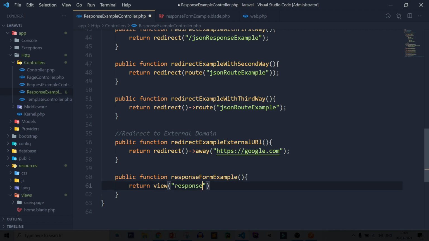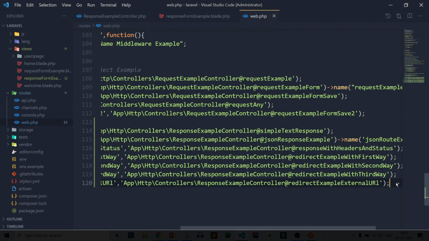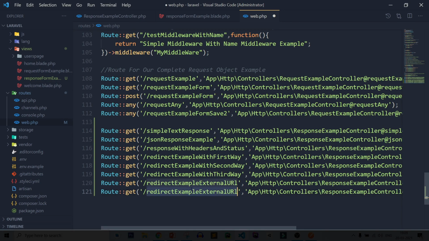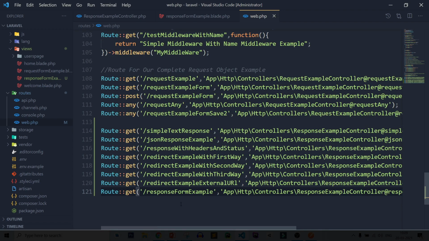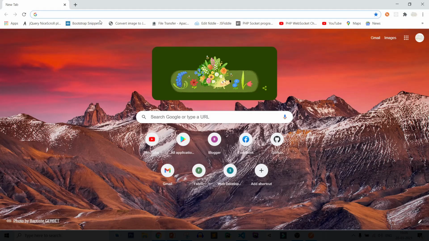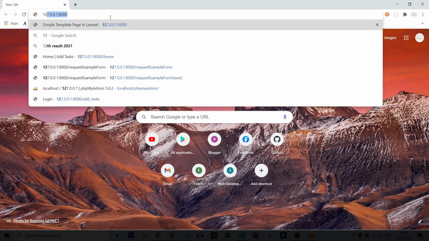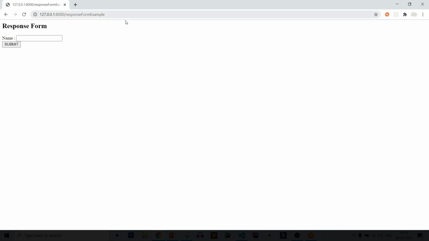So response form example. Save this page and let's link this method. So come to web.php, copy the same URL, paste method name and paste method name. Save it, back to Chrome and 127 that's response example. You can see it's showing this form.